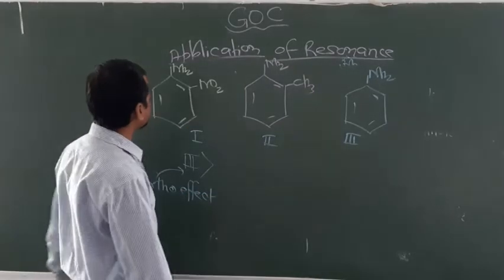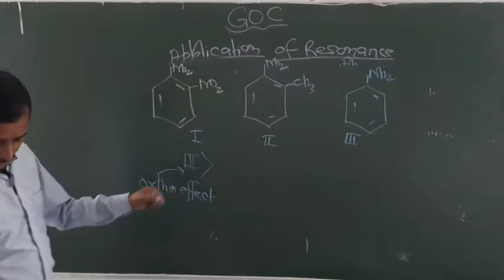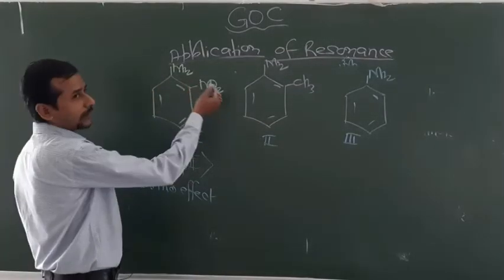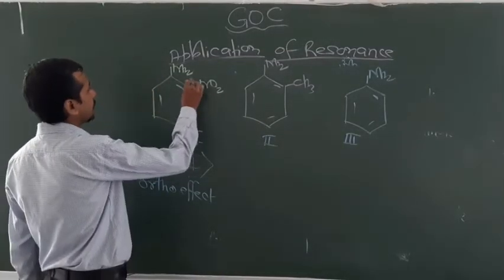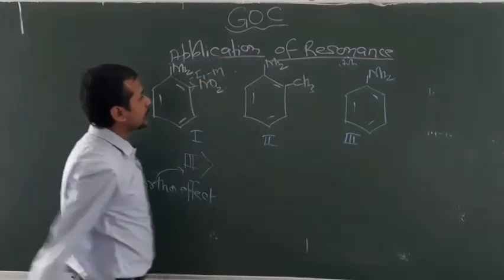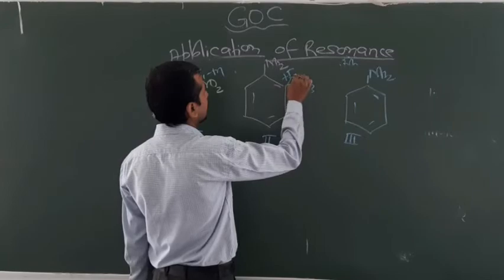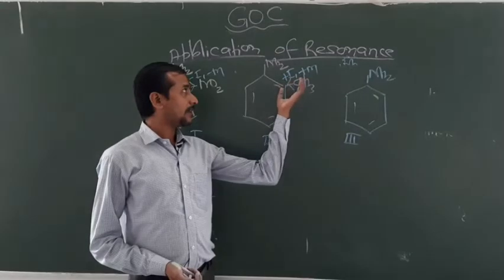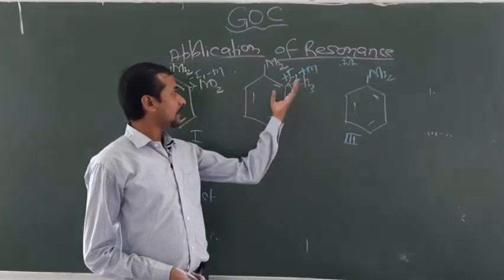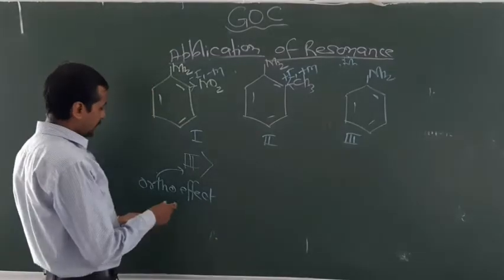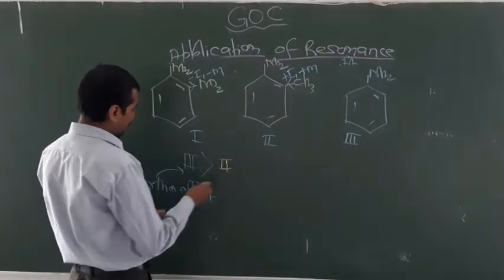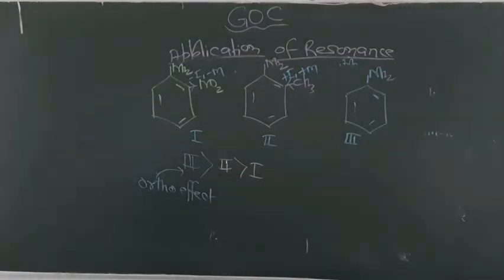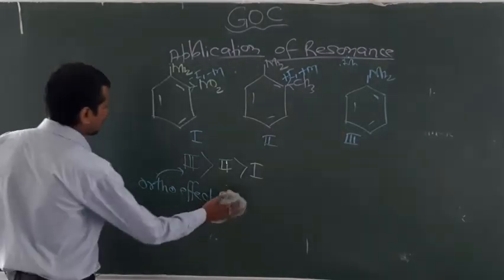Now out of 2, that is first and second, you have to look at the minus M effect or plus M effect. Either you can also see the minus I or plus I effect. So this has minus I and minus M effect, but this has plus I and plus M effect. So plus M and plus I are directly proportional to basic nature. That's why it increases the electron density, and hence the second is more basic than the first. So in this way you can calculate the basic property of a given organic compound.